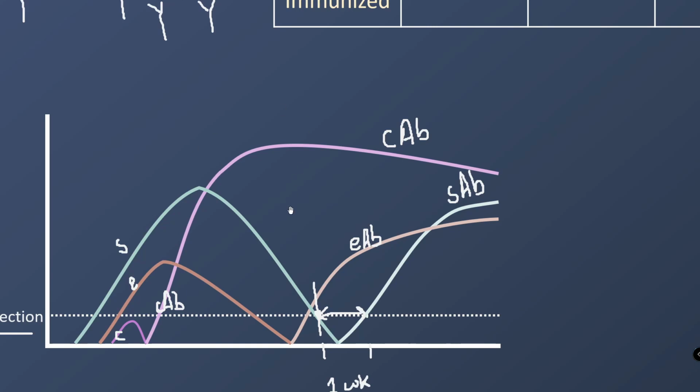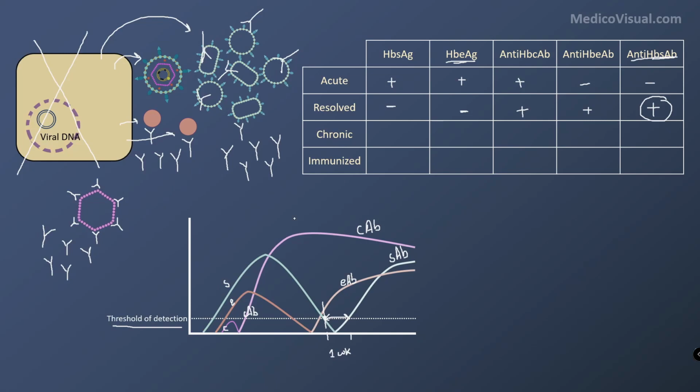Actually, both may be present during this window period. So in this window period, we can only check whether hepatitis B is present by the presence of core antibody, or more precisely through the hepatitis B PCR test. I have discussed in the case of COVID-19 how PCR is done, in another lecture. The principle is the same. You can watch that video as well. So through PCR we can detect it, right? Real time PCR.